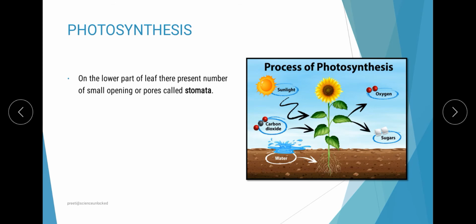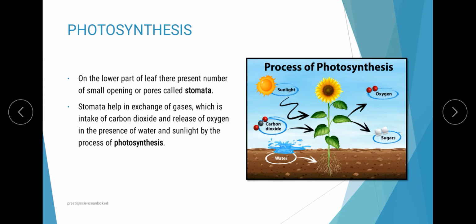Over here we will find that there are different structures which help in this process. The very first of these is the stomata, which helps in the exchange of gases, that is, carbon dioxide is coming in and oxygen is moving out. Altogether, this along with the water which is coming from the root helps in the process of photosynthesis, because the chlorophyll present in the plant helps in absorption of sunlight, leading to the formation of sugar and oxygen. So this is how this whole process is performed. The details will be covered along with the video, so you can go through that video as well.